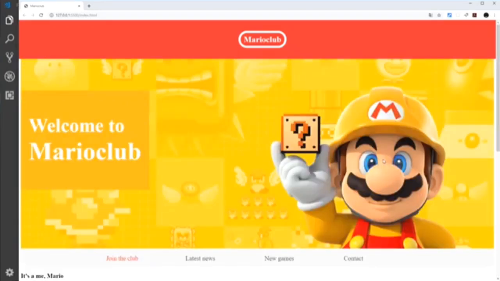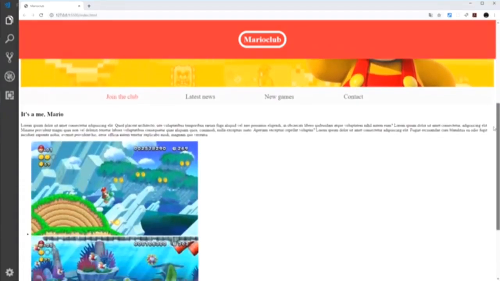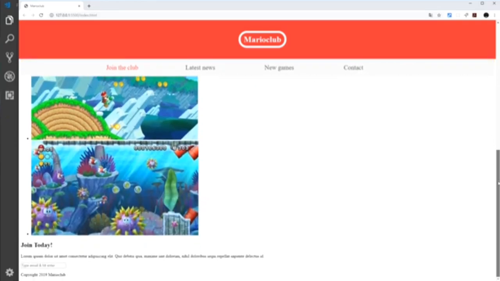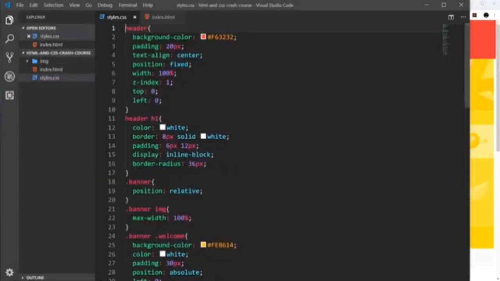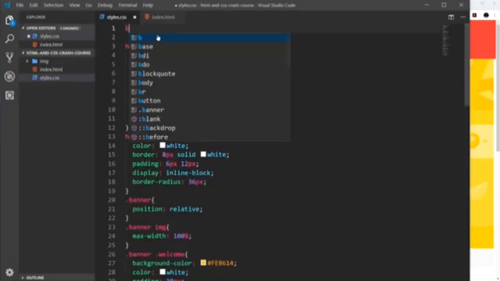So then for the rest of this video, what I'd like to do is apply some more styles to different elements on this page to get it looking more presentable, to make the layout, and to get it looking good on desktop devices. So I'm actually going to start by selecting the body and a few other different elements and